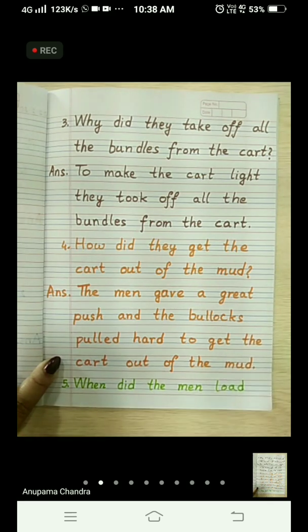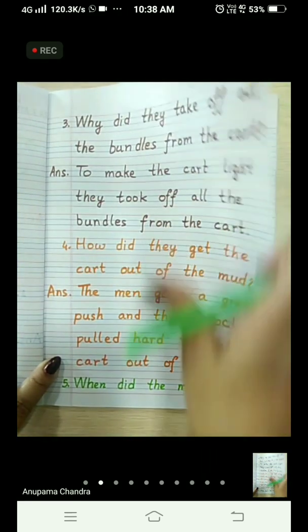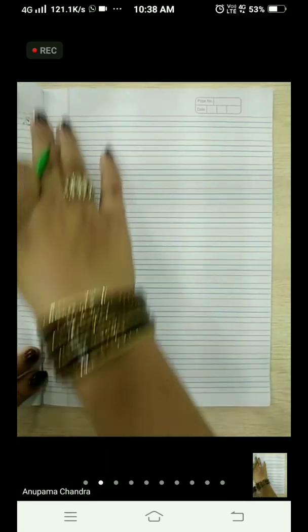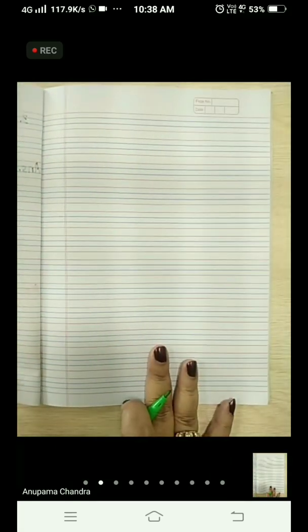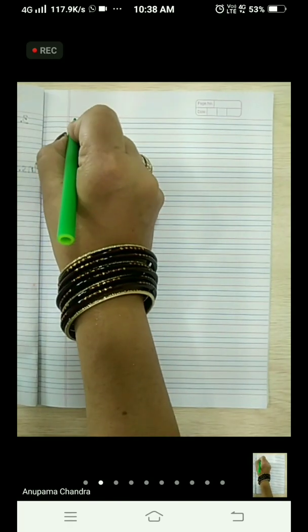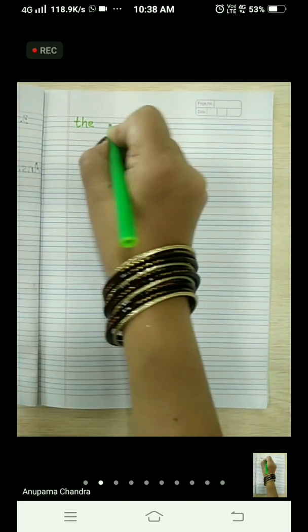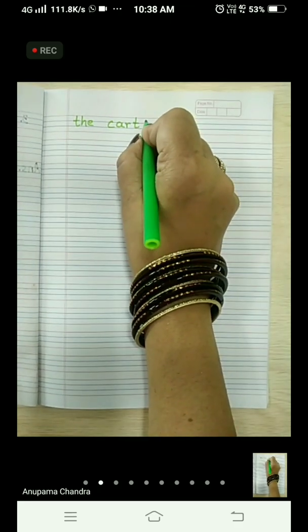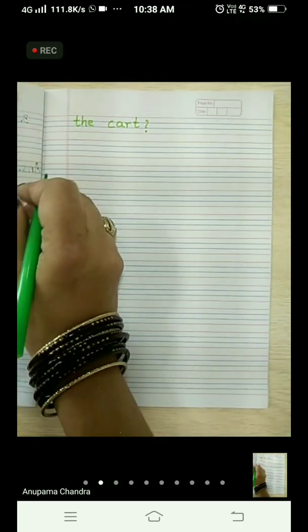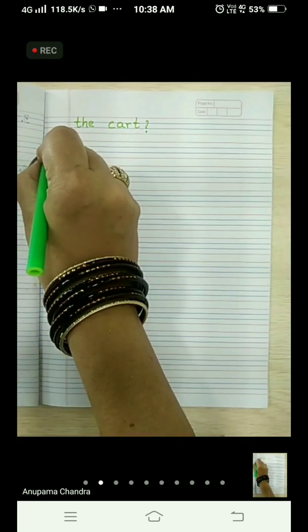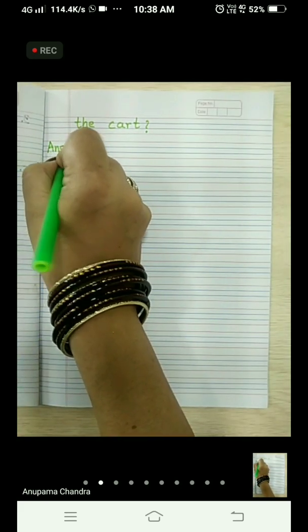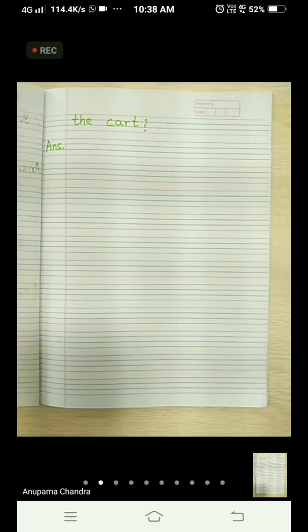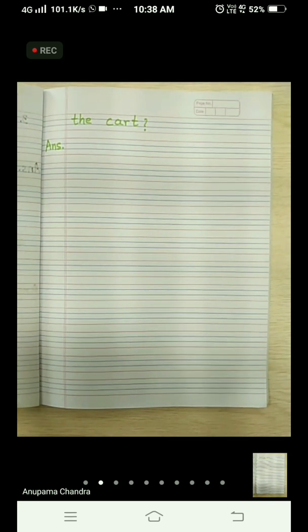When did the men load the cart? Question mark. Don't forget to put the question mark at the end. Answer. So the question is, when did the men load the cart? And our answer is